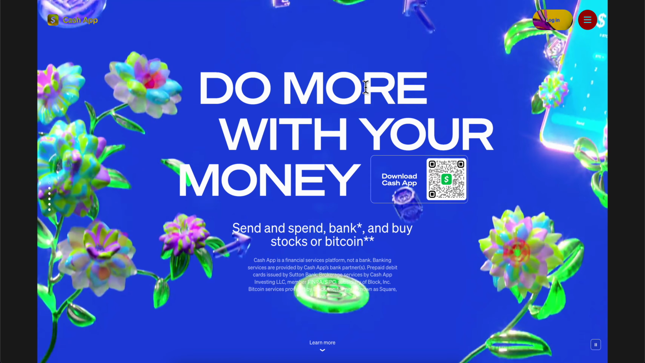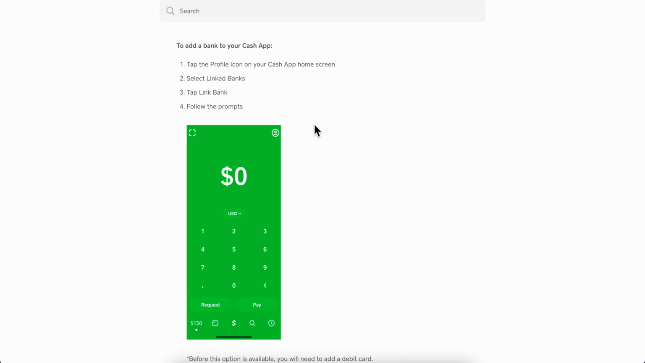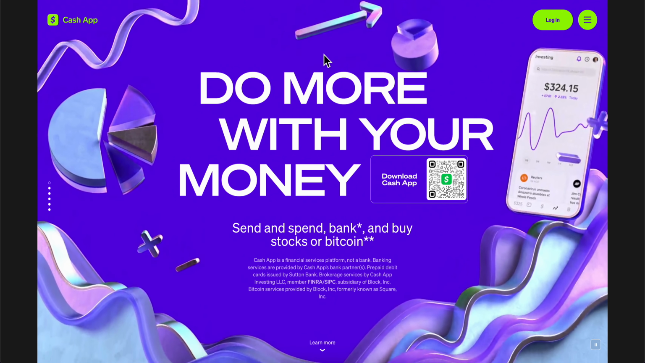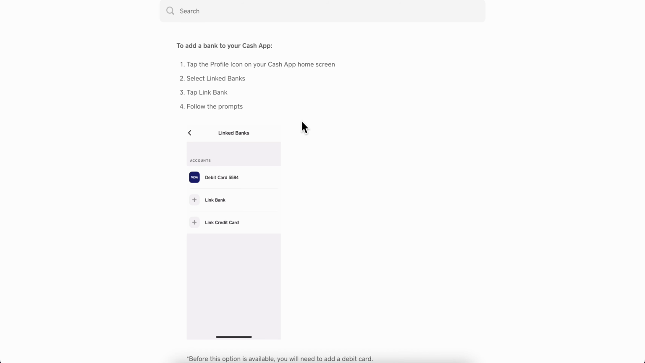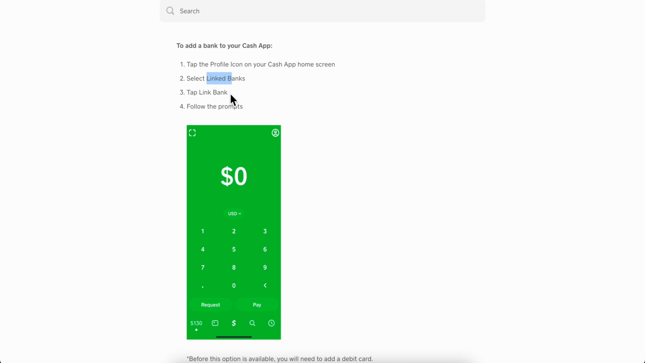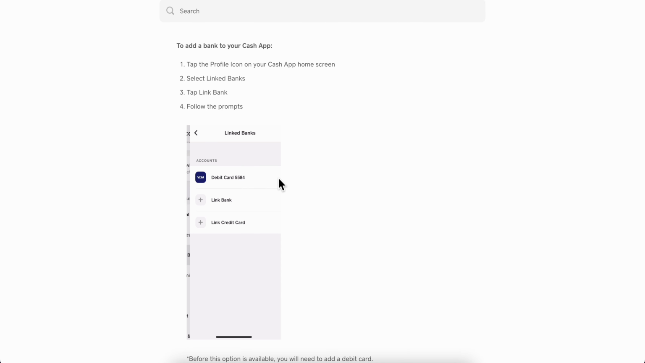So what you're going to have to do next is simply open Cash App on your phone, and then you're going to have to link your Majority account to Cash App. So in order to do that, what you're going to have to do is simply tap the profile icon on your Cash App home screen, and then tap on linked banks, then tap link bank, and then enter your Majority account information, and basically